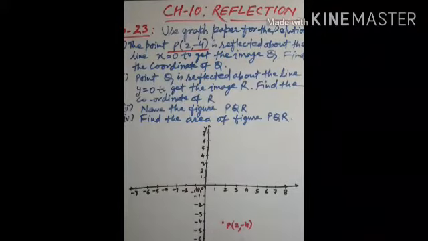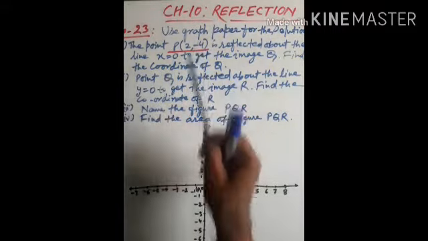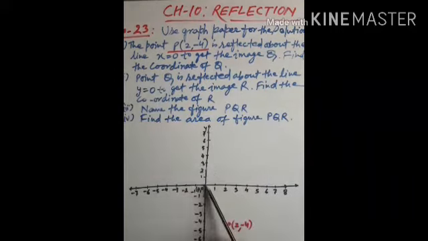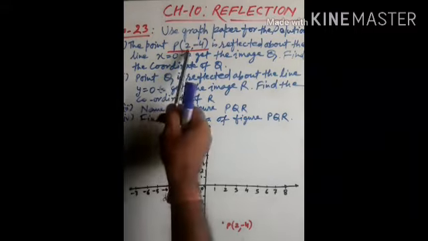So let us see here. First of all, you draw the x-axis and y-axis, and we'll mark the scale 1 2 3 4 5 6 7 according to the given point. On the x-axis, the left side is -1 -2 -3 like that. On the y-axis, above the x-axis is 1 2 3 4, and below the x-axis is -1 -2 -3 like that. After marking, you locate the point P (2, -4).